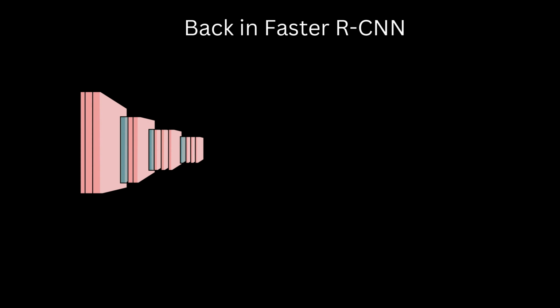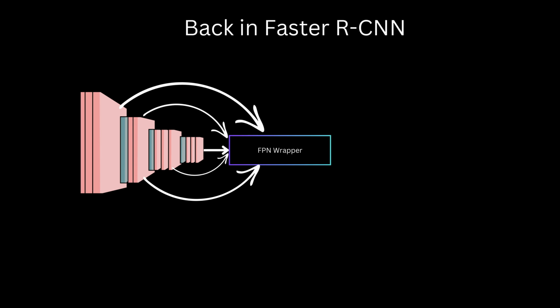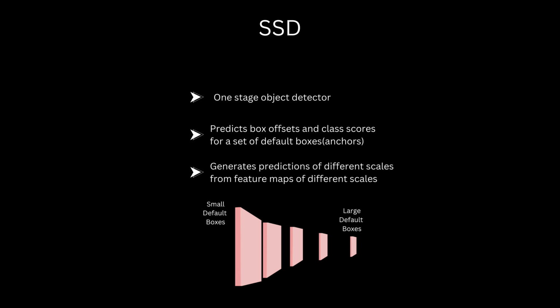This idea of using multiple feature maps is also something we saw in the Faster RCNN PyTorch implementation video, where using FPN, we extracted feature maps of different resolutions from different layers of the network. SSD does the same thing, except we don't have any FPN here, as FPN was published at a later date, and here the raw feature maps are directly used. This aspect of using feature maps from different stages of the network to make predictions for default boxes of different scales, with earlier layers used for small scale default boxes and later layer outputs used for large scale default boxes,